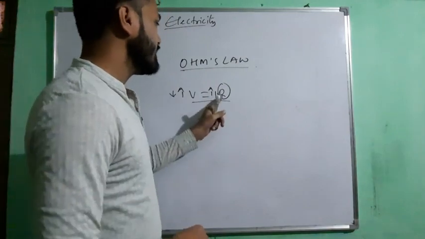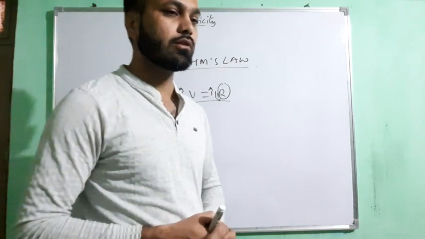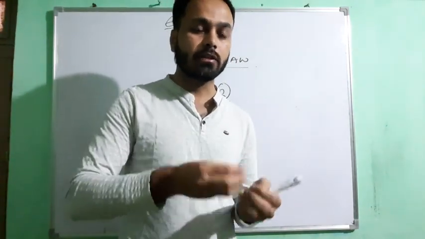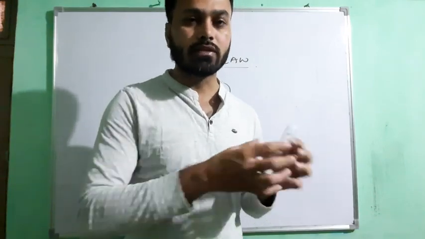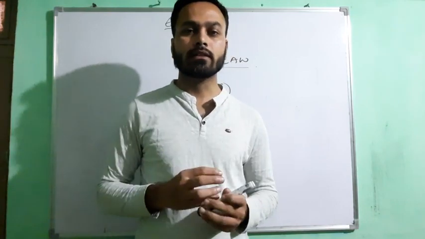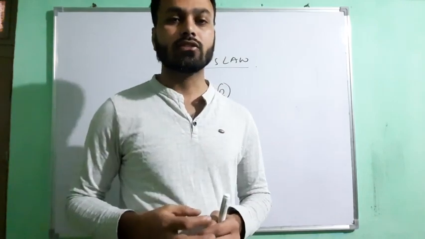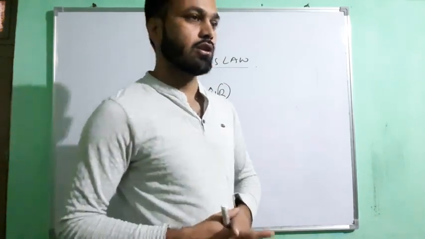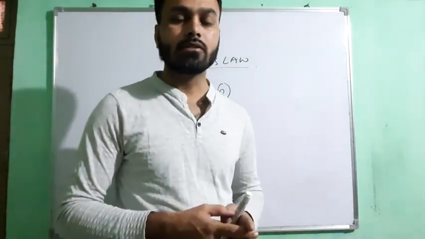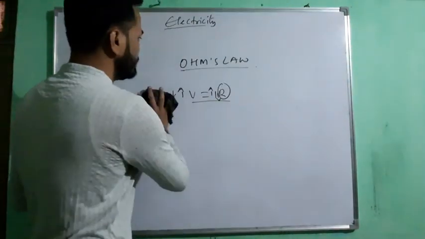Okay, and R here is the resistance. I have told you in the last class the meaning of resistance. That is, resistance is nothing but a property of the material to oppose the flow of charges through it. When the electrons are flowing through the conductor, their motion is being obstructed by the material. This action is called resistance. Now here we are going to see on what all factors this resistance provided by the material depends. So let's get into that point.